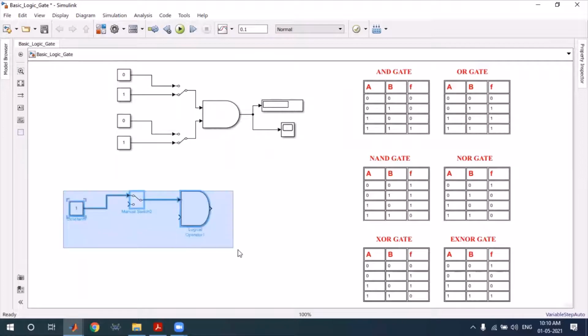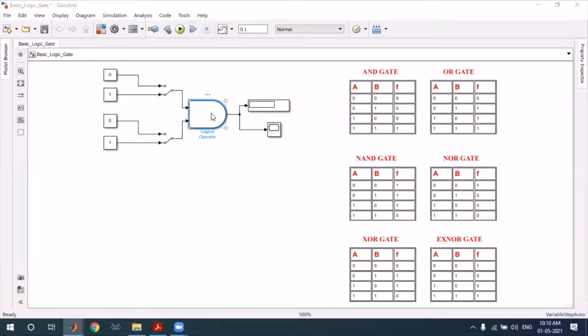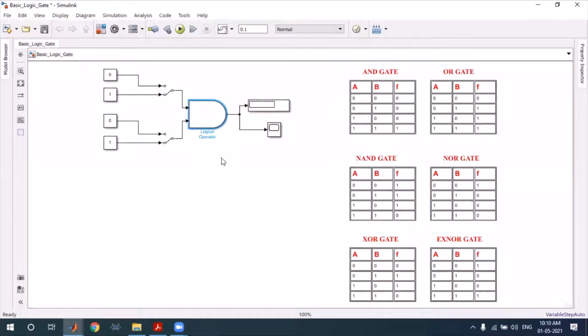So let's verify how your AND gate will work. For this purpose, I open this model, and you see that this is a 2 input AND gate. If you see the symbol outside, you know this is the basic symbol of your AND gate. This is the manual switch. When this switch is on the upper side, 0 is connected with the AND gate, and when we double click on this manual switch, 1 is connected. This is the simple way to understand.